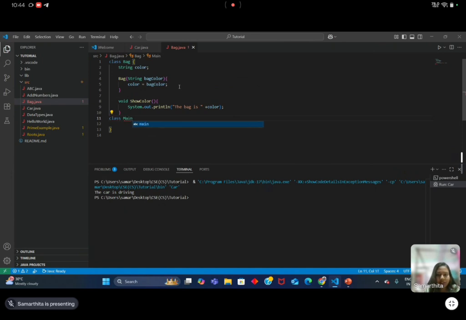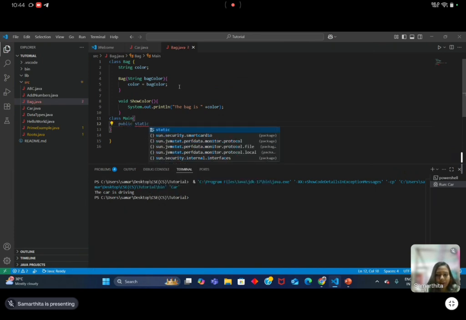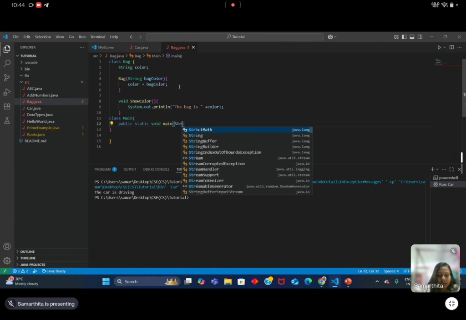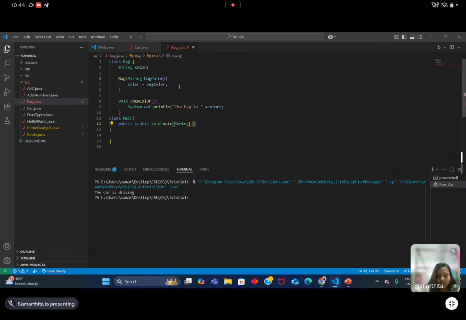Now I will be creating the main class, the main function, the public static entry point, static void main, String arguments, okay.